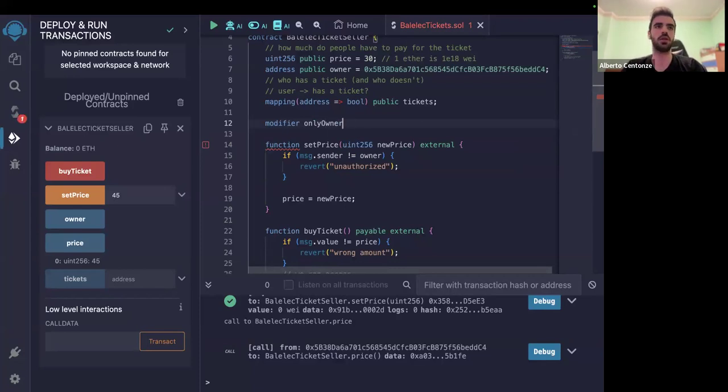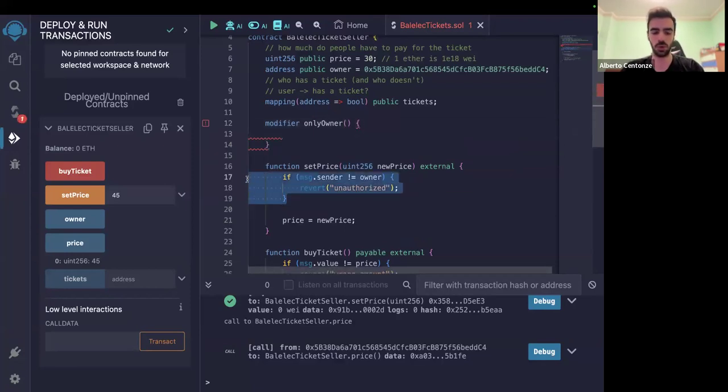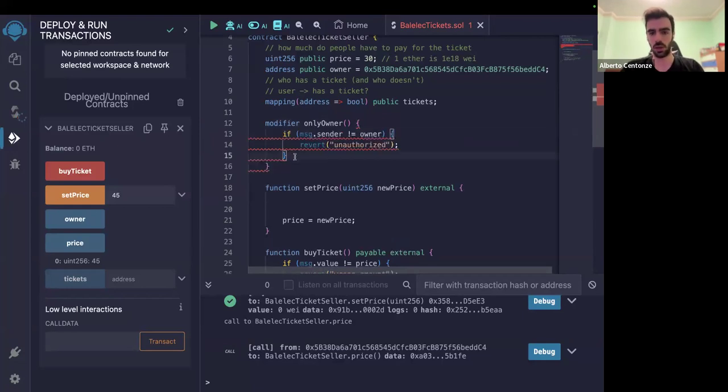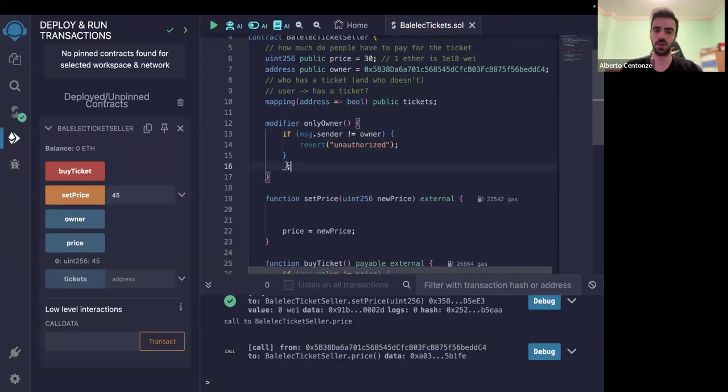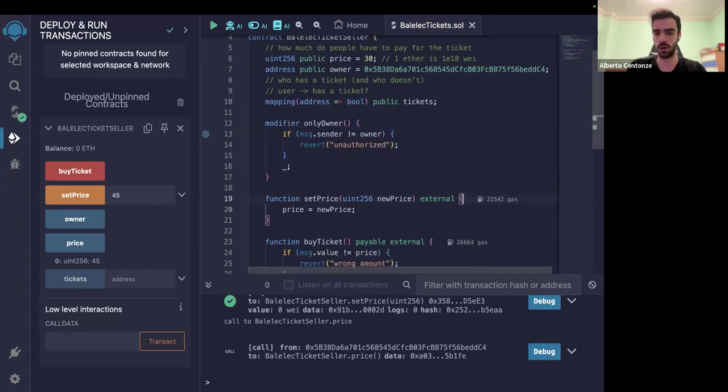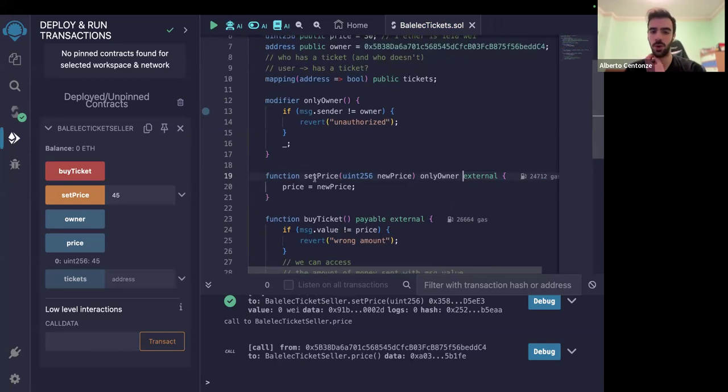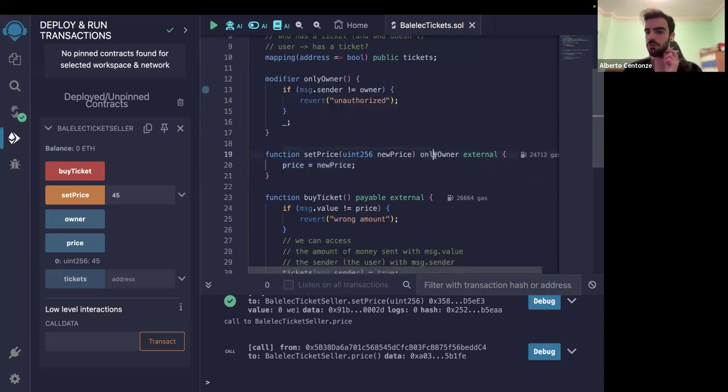And what this modifier does is that it just does the check we want it to do, and then it executes the rest of the function. So this is a special syntax, and it says, okay, it's just gonna inline this at the beginning of the execution, and then it's gonna execute the body of the function. So here, if I add the only owner modifier, what is gonna happen is that the body of this function is gonna be actually this, and only after this. Okay, this is nice. This looks a bit Pythonic, sort of, and it's actually good as long as you don't forget to put only owner.